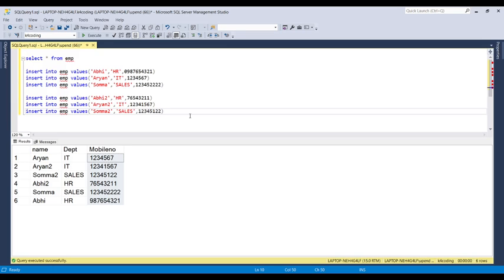So this is the basic concept of primary key, and now you understand how it's going to apply and why it's required, to restrict the duplicate value from user input into the database.